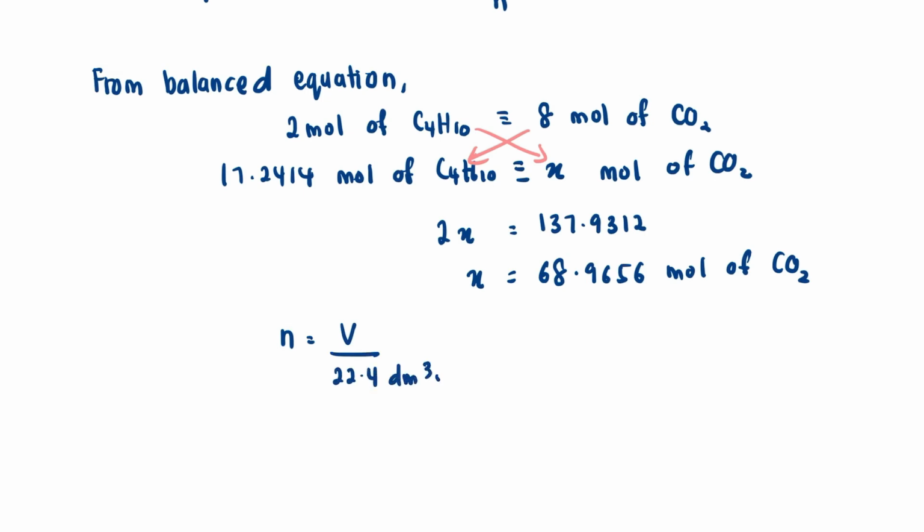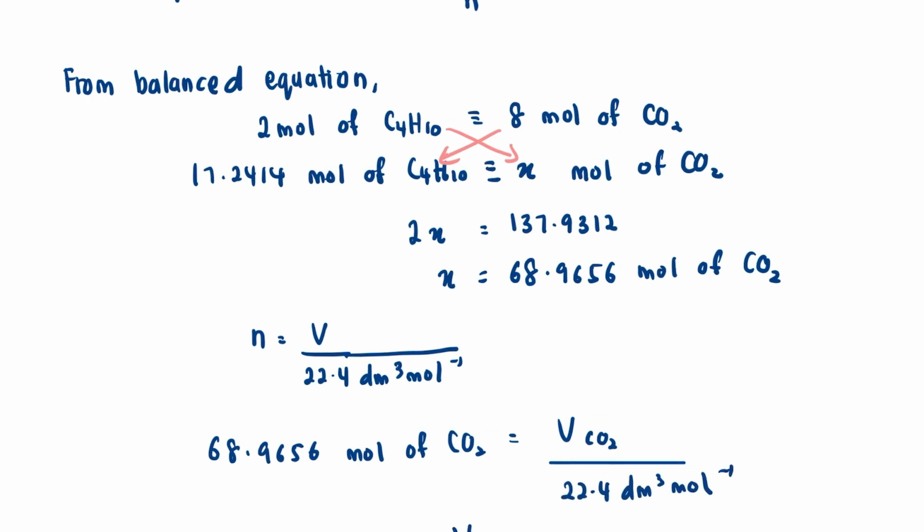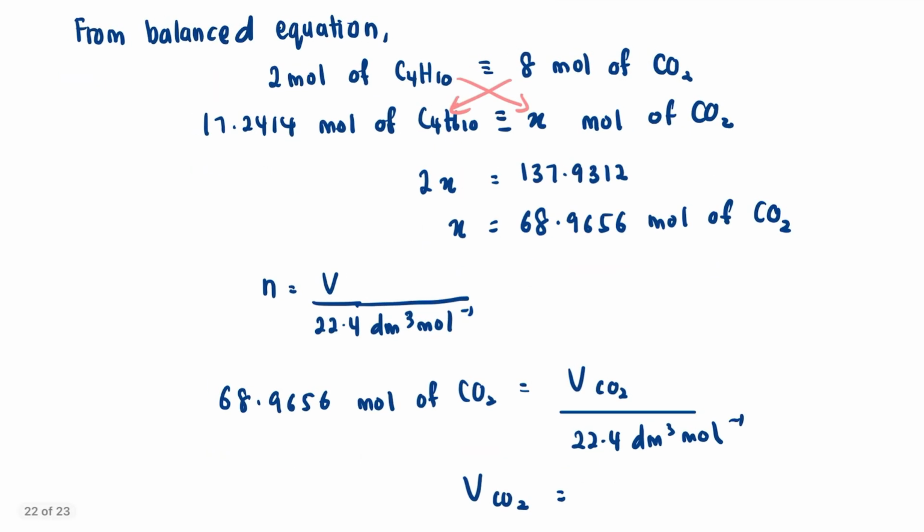Okay, so kita pun substitute lah dalam formula ini. Okay, so number of mole 68.9656. Okay, so volume of CO2 is the one that we want to find. Okay, and then the bawah ni 22.4 dm³ per mole. Okay, so volume of carbon dioxide kita darabkan, dapat